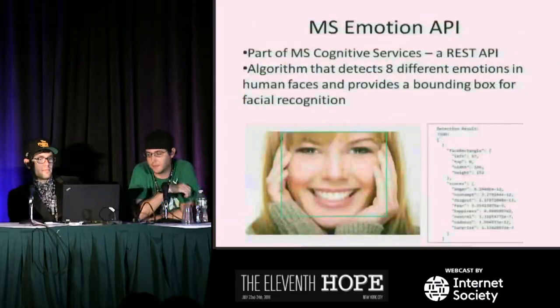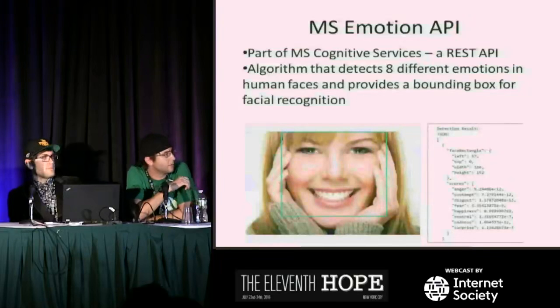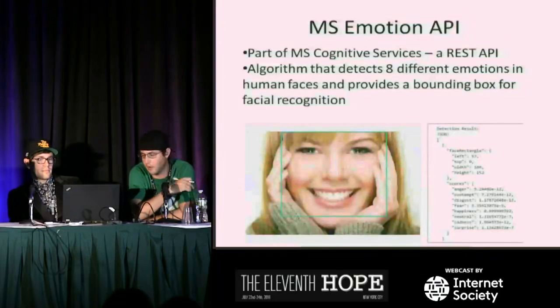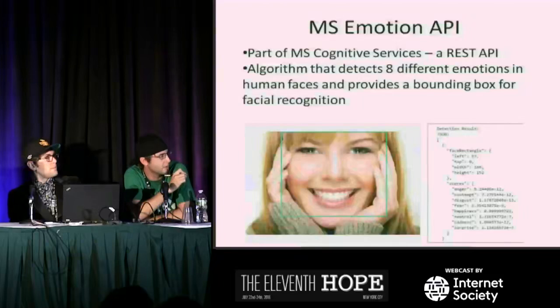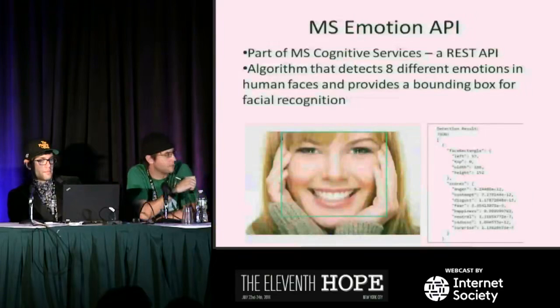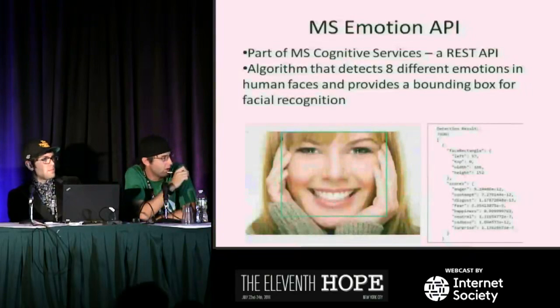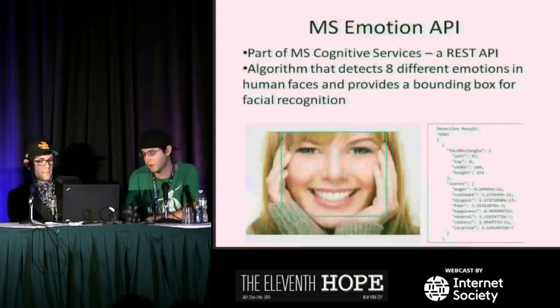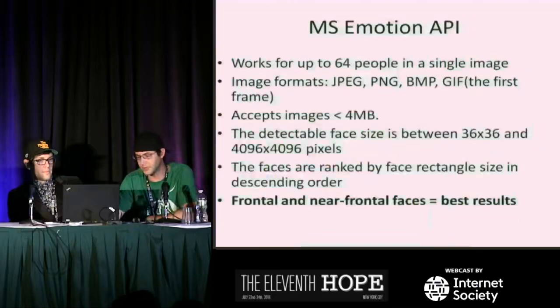So here's the MS Emotion API, and it's a REST API, so real simple. You post an image to a URL along with your API key, and it'll detect up to 8 different emotions in human faces and provide the bounding box. The responses are all in JSON. They look like this. So it'll tell you, here's the face box. It'll give you this point and tell you your width and height. Here's your face. So for an image that has multiple faces, it'll draw a box for each one. And then it tells you all the scores from each emotion, how confident it is as a percentage. Pretty easy to work with.